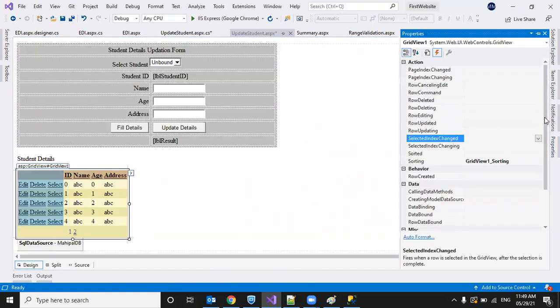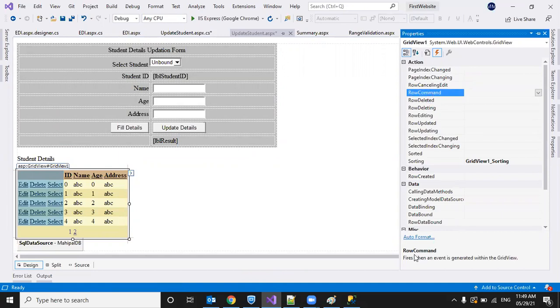So these are the different events associated with a grid view control. For paging, page index changing, page index changed. For row editing, row updated, row updating, and row cancel editing. So if you want to perform something when we click on the cancel button, we can write it in row cancelling edit, row command, and row deleted events.